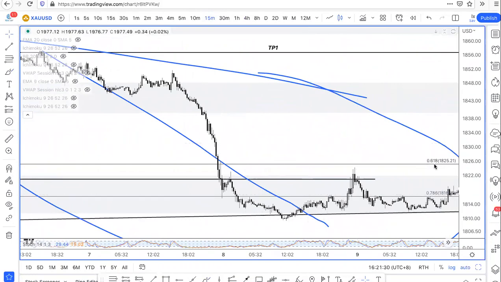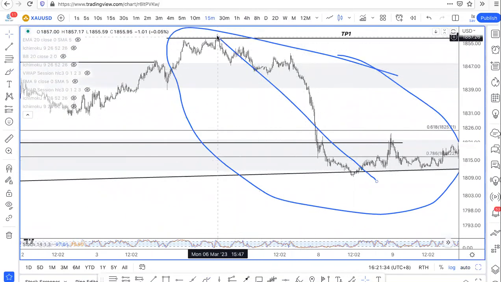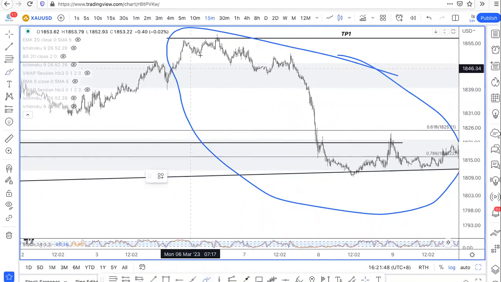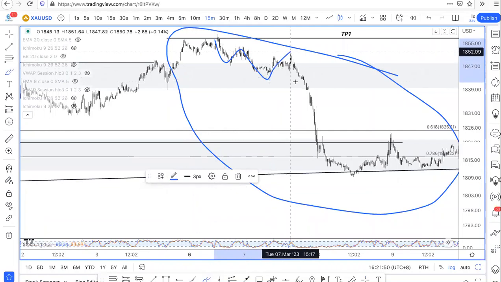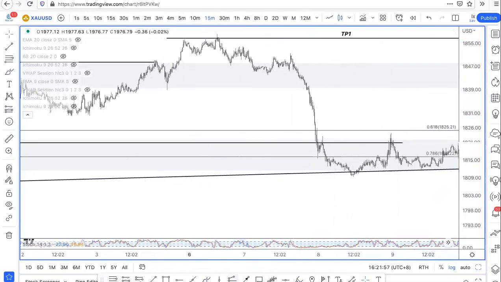Okay, so you can see here on the 15. Recall that we were on the 4 hours earlier and I circled this move. So you can see that this pullback on the 4 hours time frame, this blue circle that we have over here, when prices are forming a pullback leg on the 4 hours time frame, you can see on the 15 minutes time frame it's actually forming your bearish structure. So prices are forming lower lows and lower highs coming into this zone, which means that if you want to wait for a lower time frame confirmation, we need to wait for price to show a sign of a change